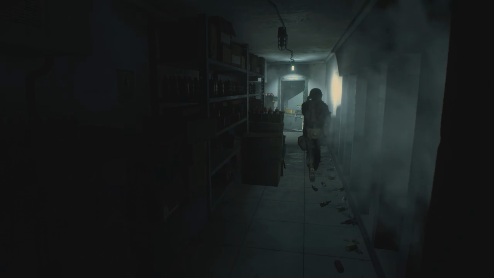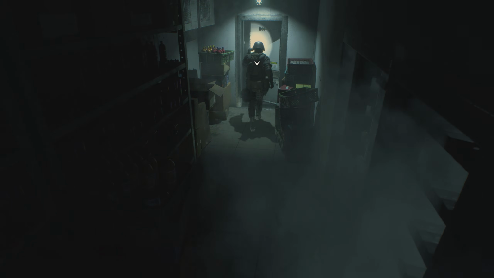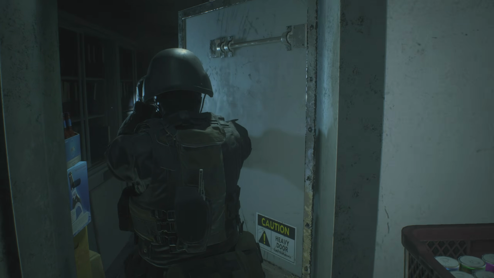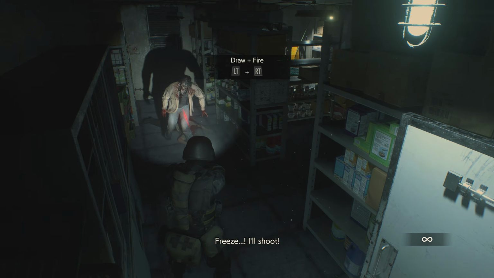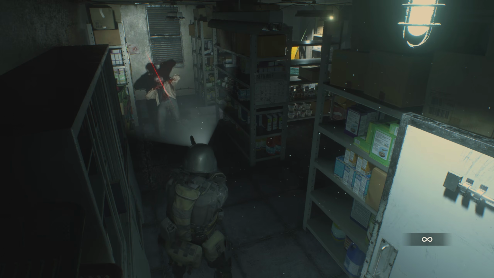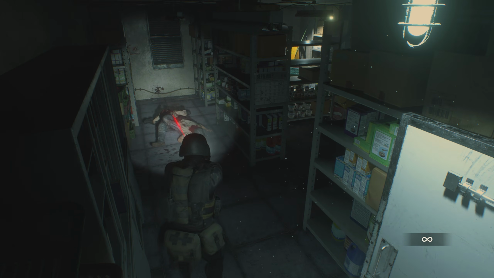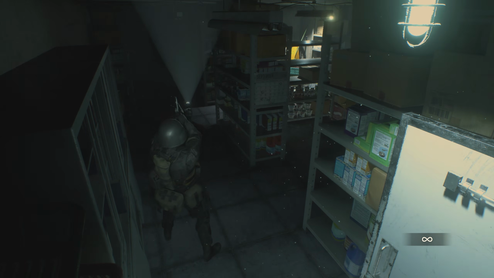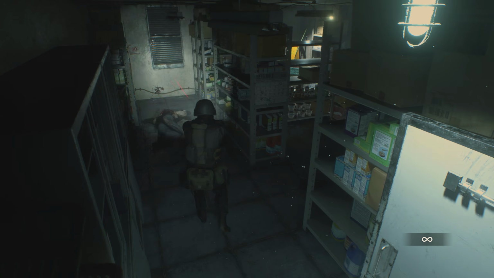But yeah, you can see here it works at the very beginning. I think it's the entire game. You have the full tank controls. So we're just gonna skip the cutscenes here, and then here's the auto aim. You can still aim manually, but it will lock onto the zombie, because you still have the option to aim up and down,